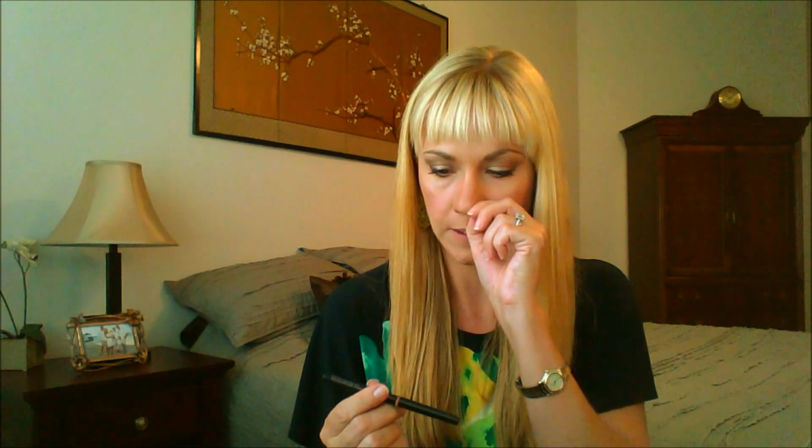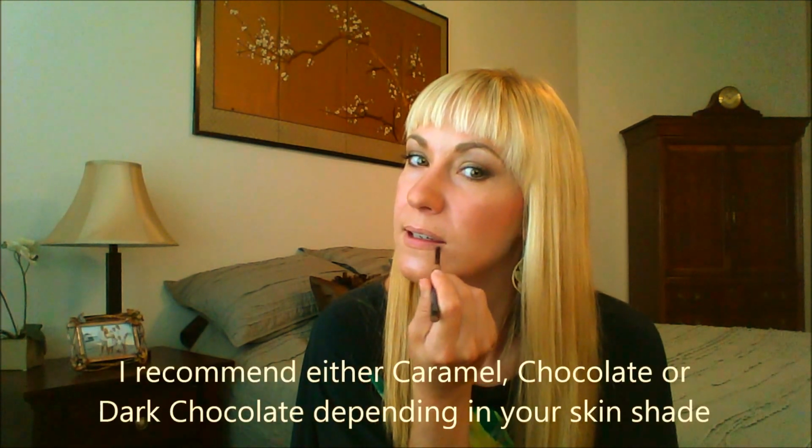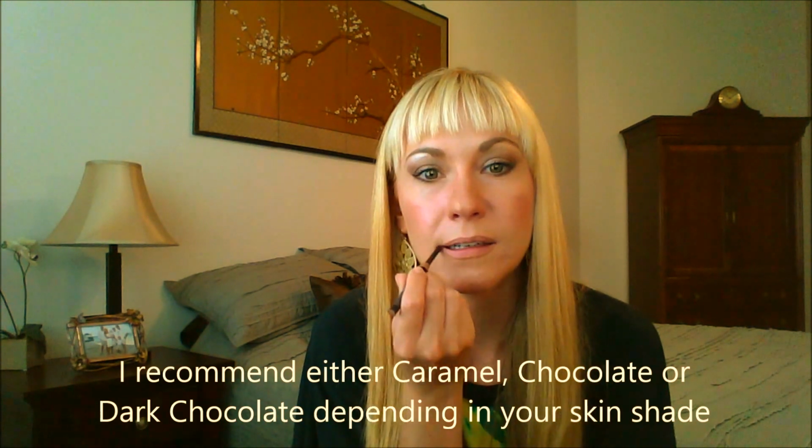And then this is a fun little trick that I learned as well. This is the caramel lip liner. Depending on your skin tone, how dark your skin is and all that, you might choose a different one, like our chocolate or something like that. But this is our caramel, and what I'm doing is actually going outside the line. Okay. Here, and then